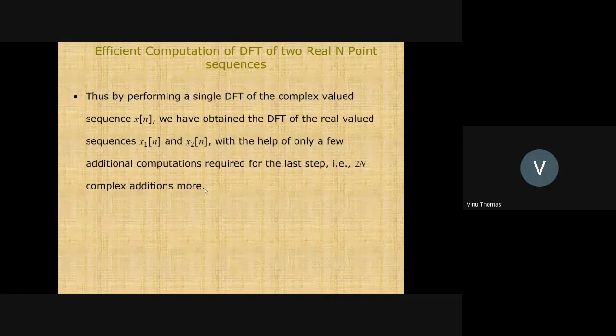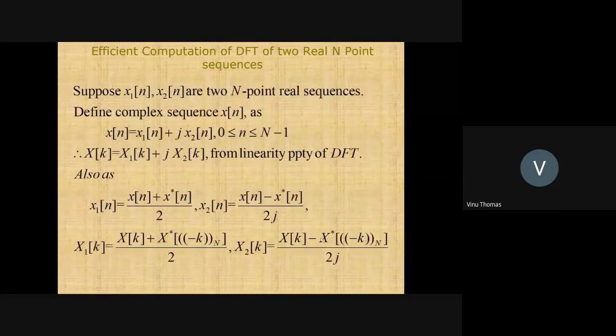So if you are given that the two n-point sequences are real, then you can compute the DFT of the two real n-point sequences simultaneously using just one call to the FFT processor. You have used the FFT processor only once. So what is the advantage there? The advantage is that you are saving on the precious resource called the memory. That is being optimally utilized.